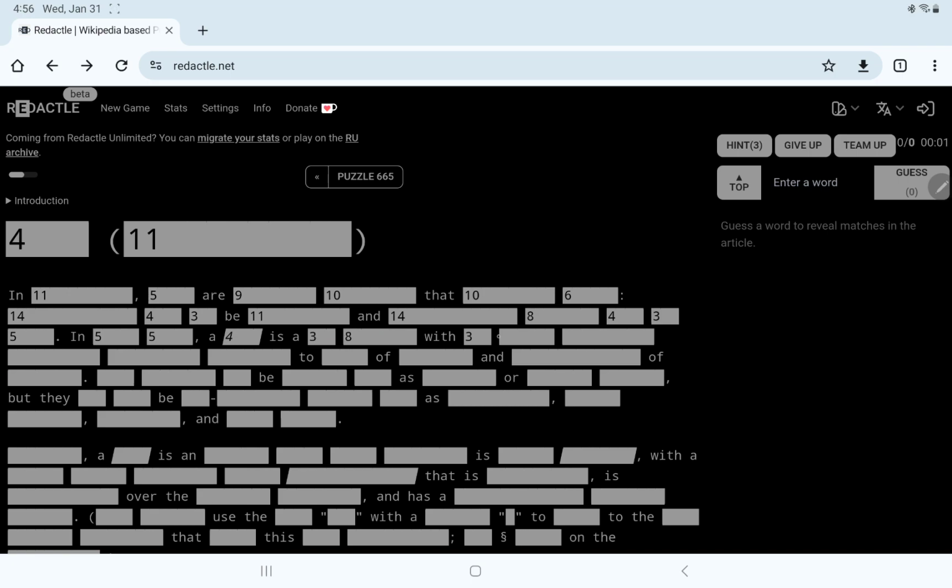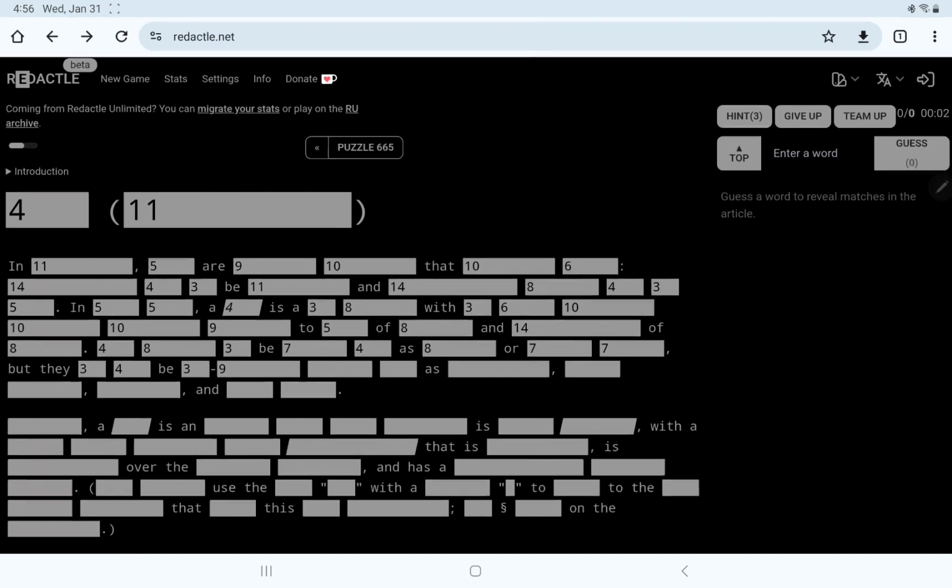A 4 is a 3, 8 with all of that, something used as or seen as 8 or 7, but they can also be 3-9